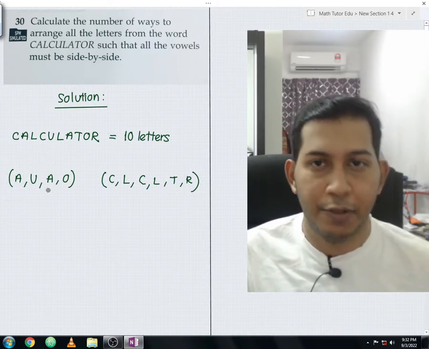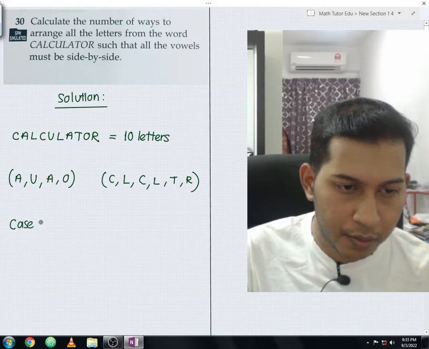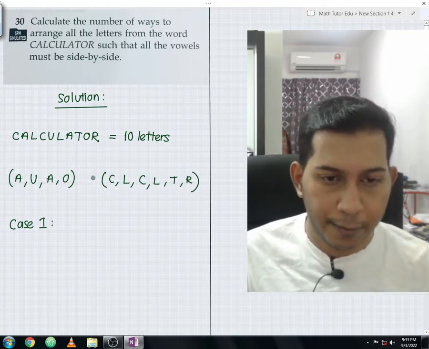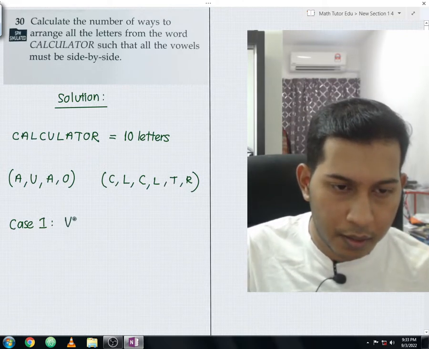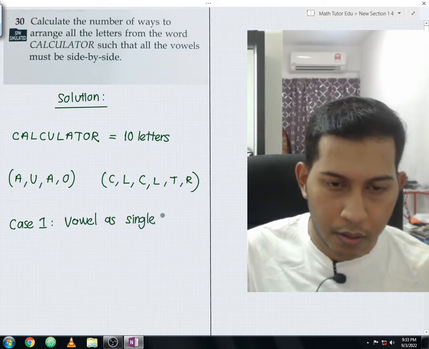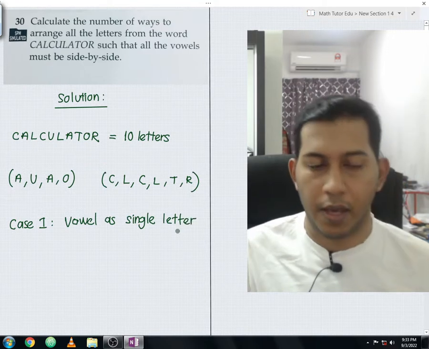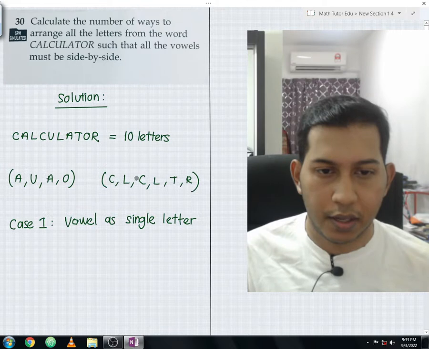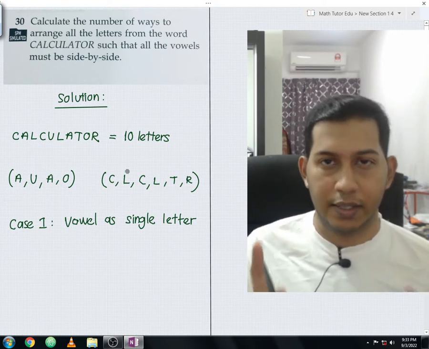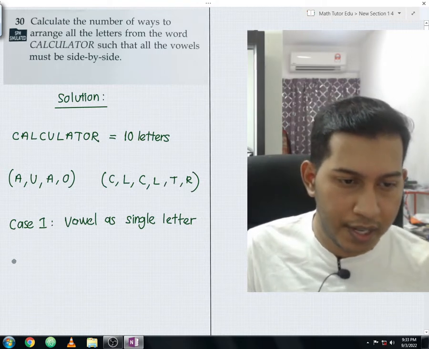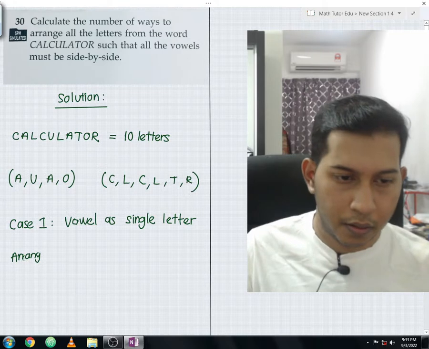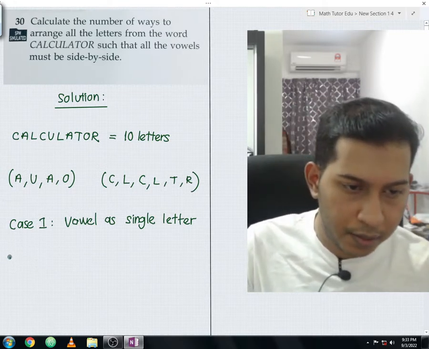Let us begin with case 1. In case 1, we are treating the vowels as a single letter. The rest of the consonants are counted as 1 2 3 4 5 6 letters. Since we are counting the vowels as a single letter, you have a total of 7 letters. So for your number of arrangements,